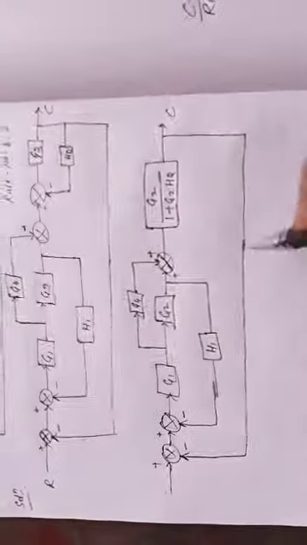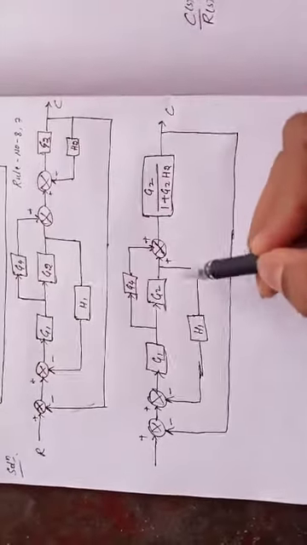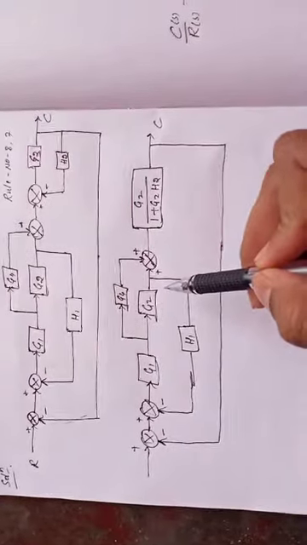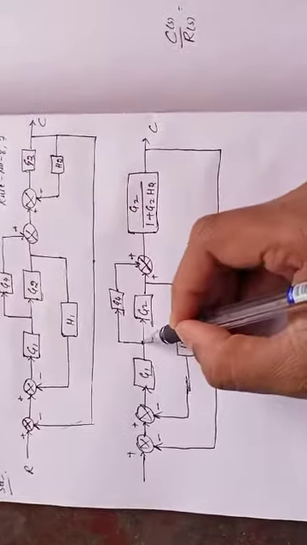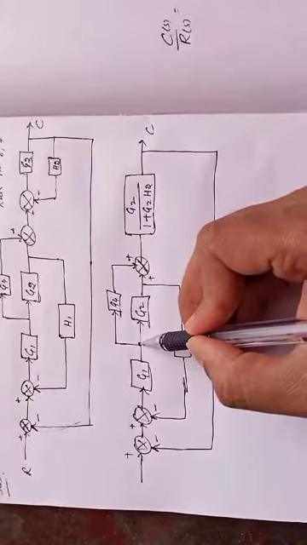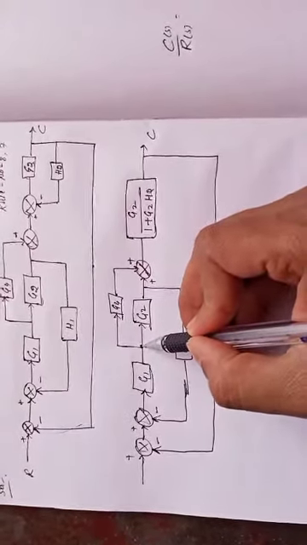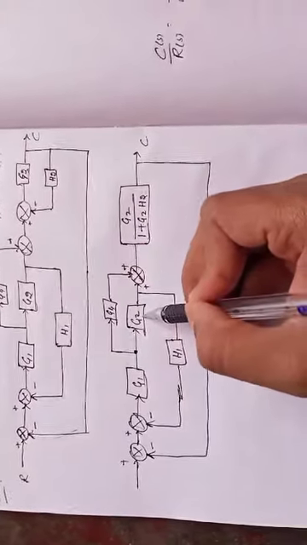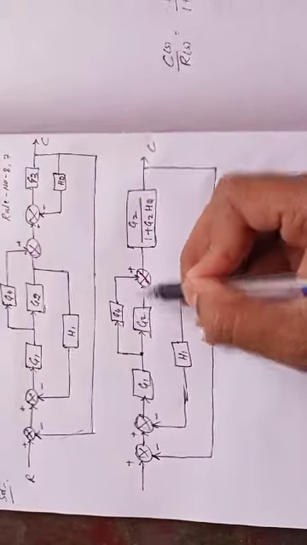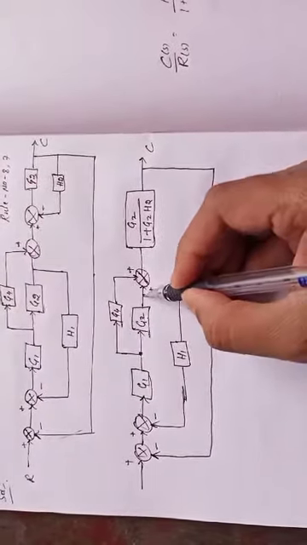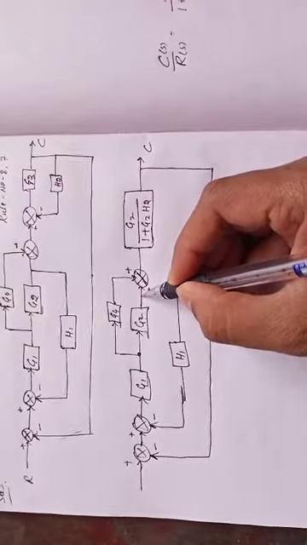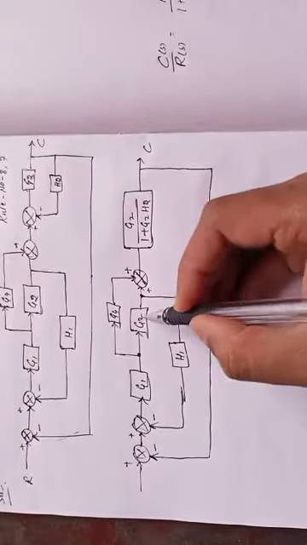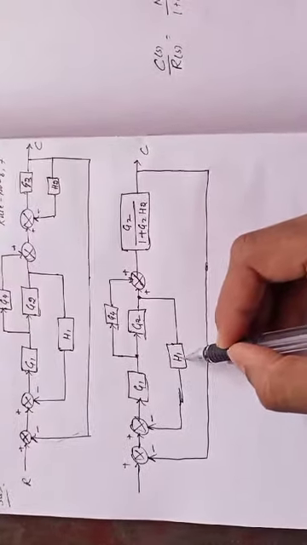Now we have to observe the reduced block here. In this case there are two situations that appear. This is one takeoff point. It is possible to take this takeoff point ahead of the G2 gain. Then it becomes G4 by G2, and that is one type of solution. Still, it is possible to take this takeoff point before this G2. Then this gain is multiplied with this H1.